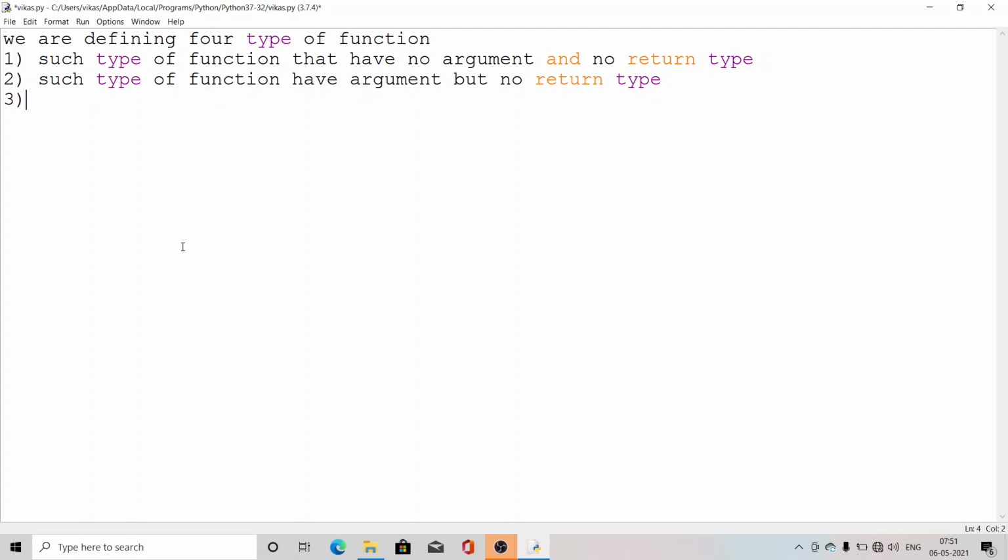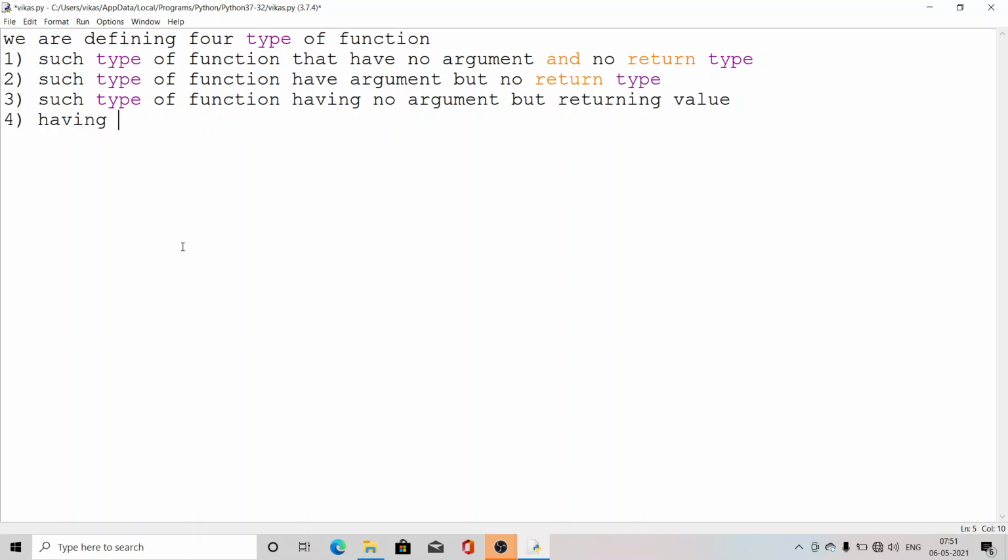Third, such functions having no argument but they return a value, having a return type. And fourth, having a return value and also an argument.